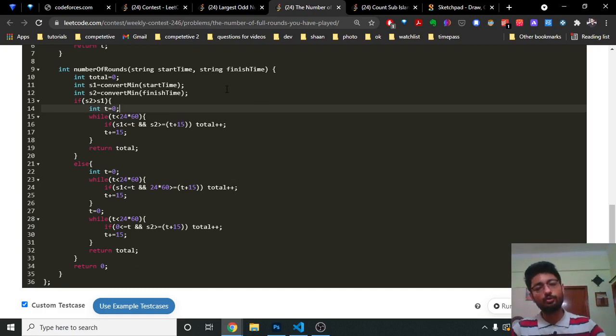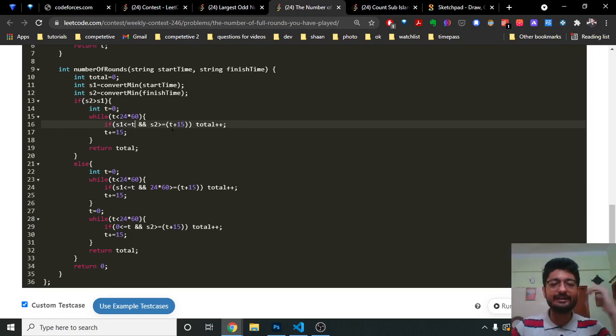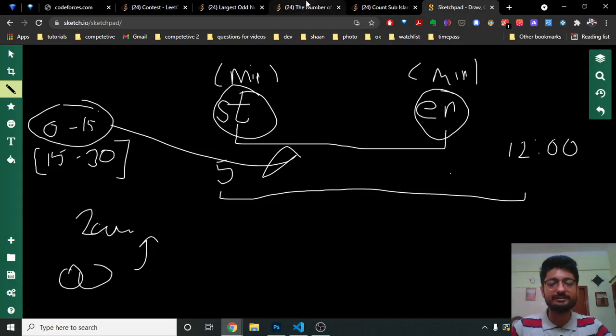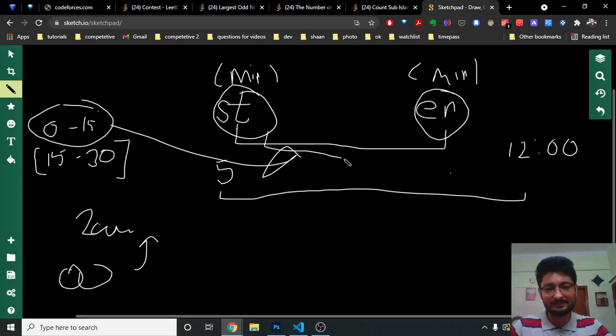So the time will go in one go from 0 till the total number of matches. If one match starts from T and the ending time is T plus 15, because it's a 15-minute match, how can you check if my time is in the range of this interval? Maybe my time is this, so if this is T and this is T plus 15.